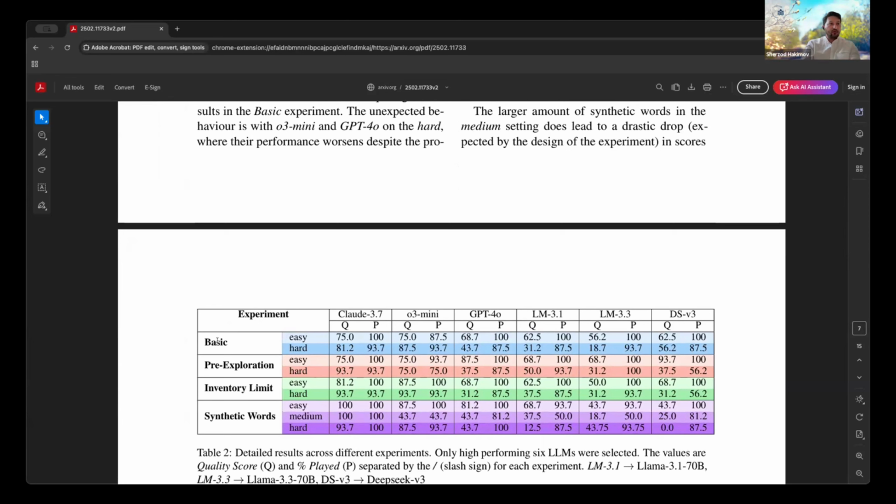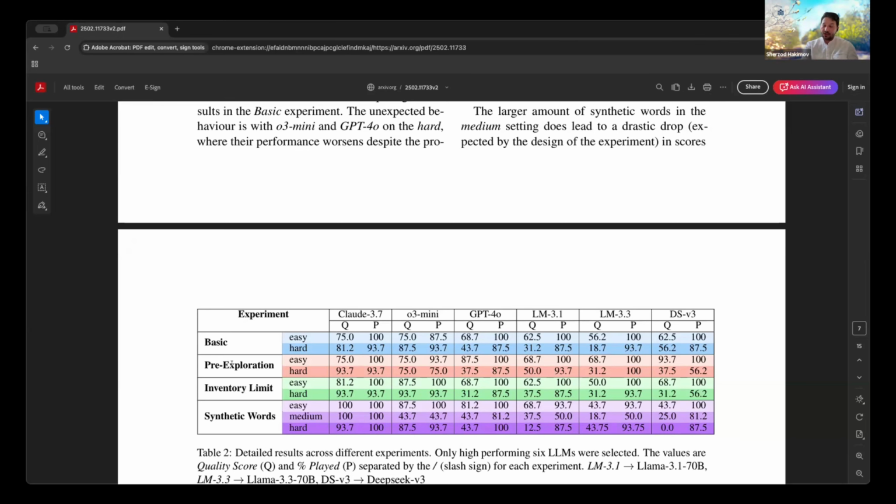So the first one, we called it basic, which is a basic interaction. The example that I showed earlier is given a goal, there are different difficulties, easy and hard. We just increase the path that the agent has to take within the hard. And we also sometimes put the object that they have to bring back to a certain place in, let's say, some sort of a container like a cupboard or whatever. So sometimes the objects are not directly observable when the agent goes to that room. That's how we try to make it harder.